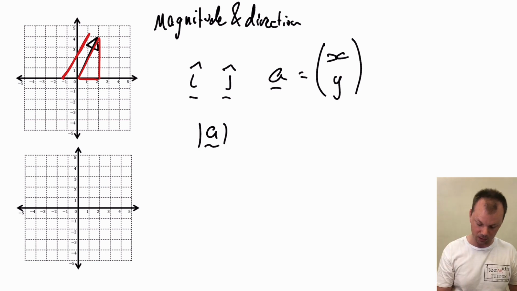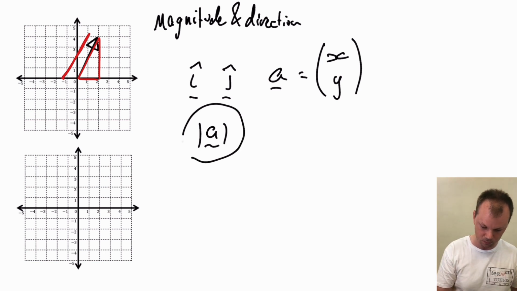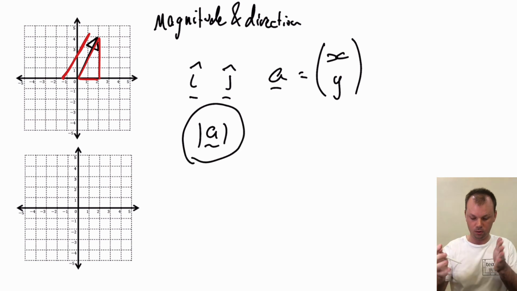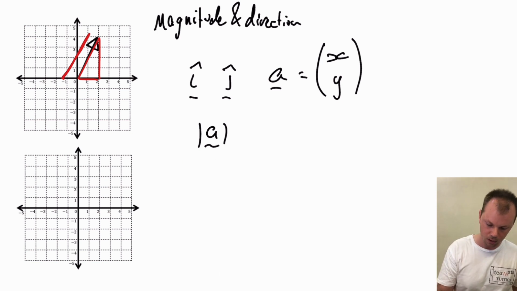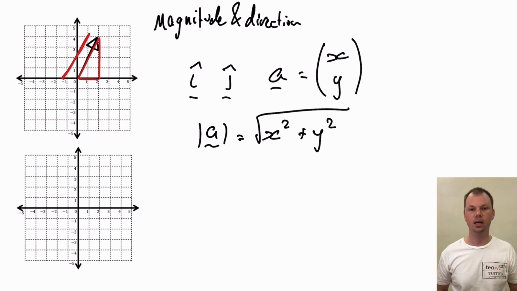This is my symbol for that. We use the absolute value signs to signify the magnitude of the vector. And this is how I calculate the magnitude. So I just pop it straight into this formula, which is gotten by rearranging Pythagoras' theorem,